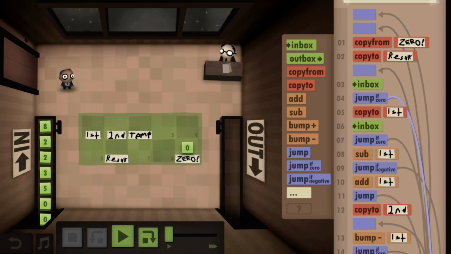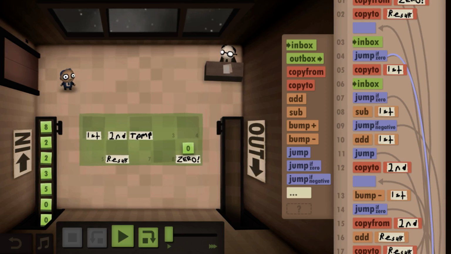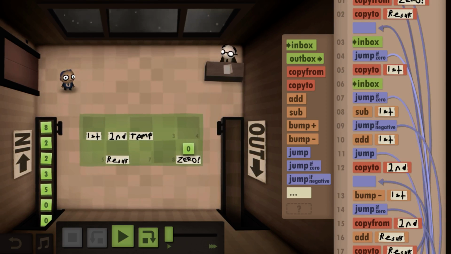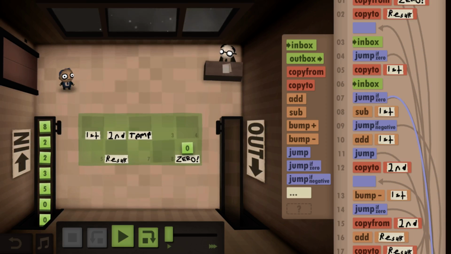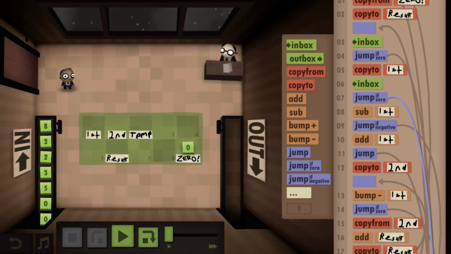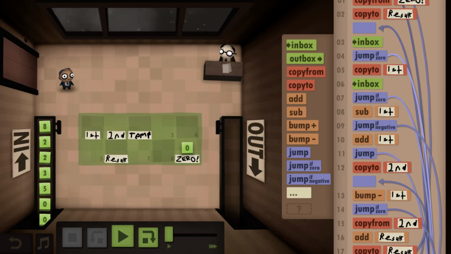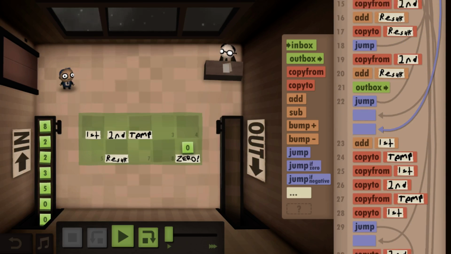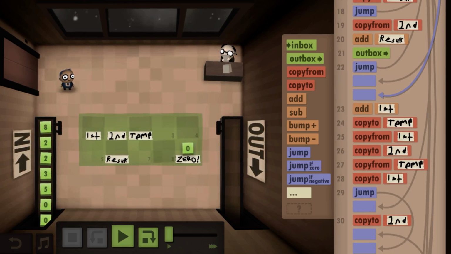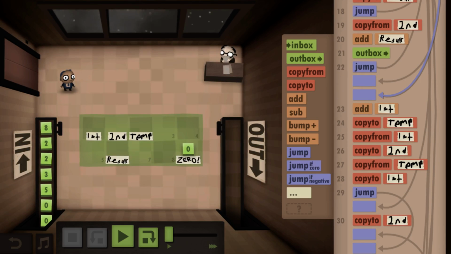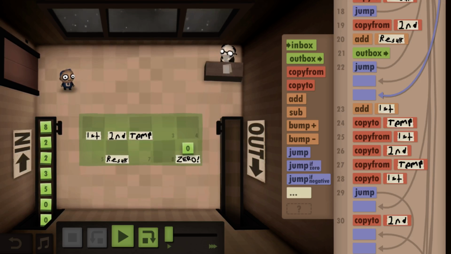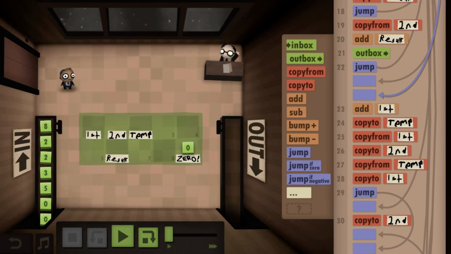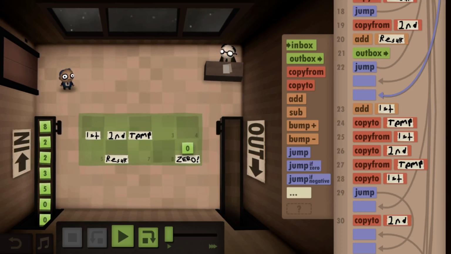Inbox, if it's 0, skips a lot. Copy it to 1. Inbox, if it's 0, skips a lot. Subtract that one. If it's negative, go here. Move. Copy it to temp, then copy the first one to the second one.